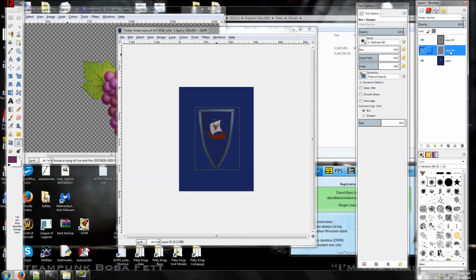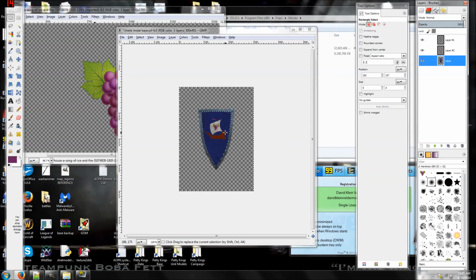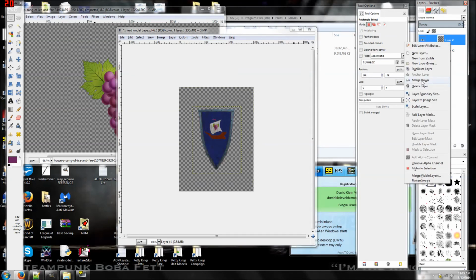So I'm going to show you how to now get this shield into the game. You got to take the magic wand. You got to put the threshold really high, because the threshold is basically how much it will select. It selects everything of the same color you click on, and the threshold is how much leeway you're going to give it. So a lot of leeway, so you basically get as much as you possibly can. And then do Control-I to select everything around that. Select the layer that you've been working on, which just looks like that, but with this stuff overlaid, it looks much better. Delete all the stuff you're not using, and then you go merge down,